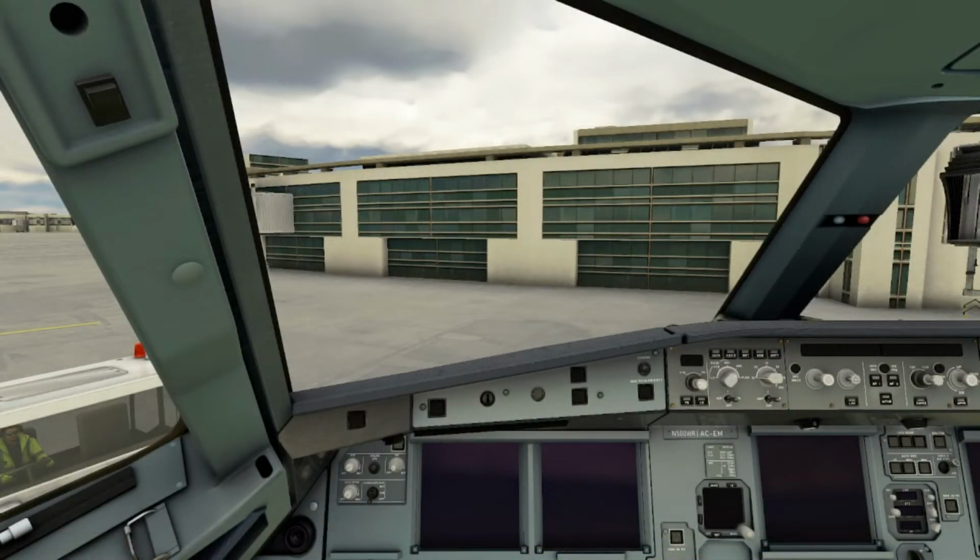My name is the Big Bucket, and today I'm going to be bringing you my very first video about Microsoft Flight Simulator 2020. Today we are going to be learning about the pre-start checklist and the startup checklist for the Airbus A320neo, specifically the Fly-By-Wire Simulations version. This aircraft is so much more in depth, and you can do so much more with it than the actual